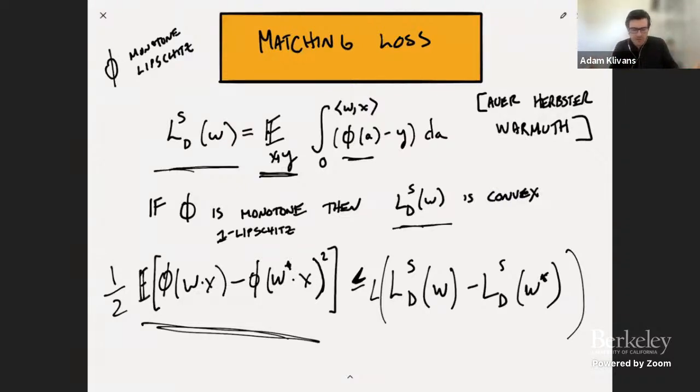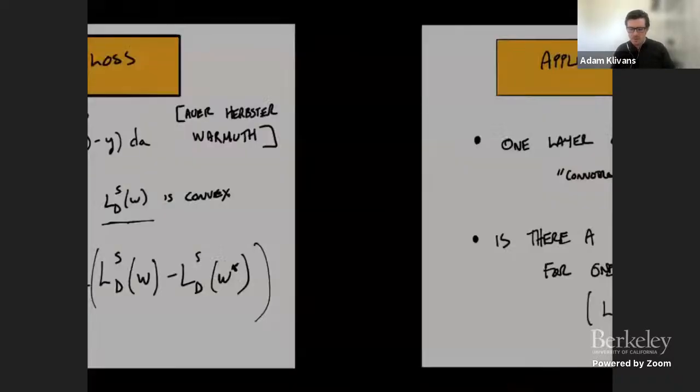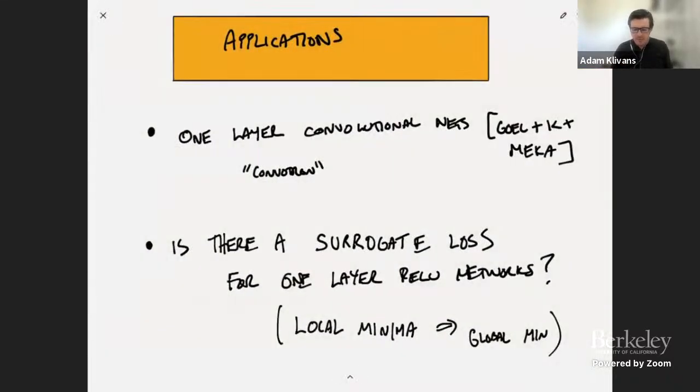Okay, so this is a very nice observation. It sort of explains why that GLM-tron algorithm works, and it has some nice applications. So with Surbhi Goel and Raghu Meka, we used this loss to come up with an efficient algorithm for learning one-layer convolutional